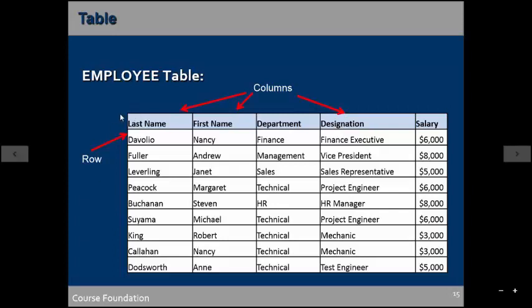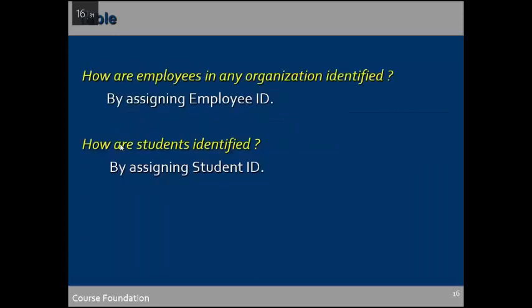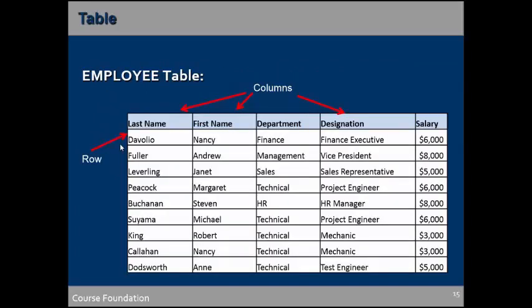Over here it is the employees, and if there are other tables, for the students there could be student IDs present that would help us distinguish between the two students. So if I am assigning the employee ID to the employee, then I would be able to find out that though two persons have the same name, the same department, same designation and salary, I would still be able to distinguish them by their employee ID.